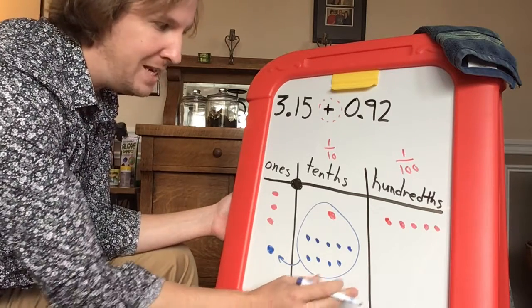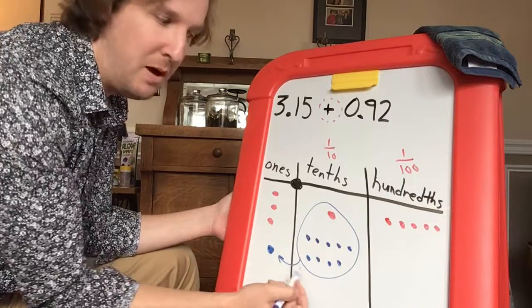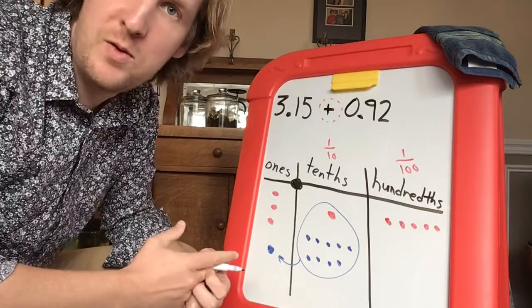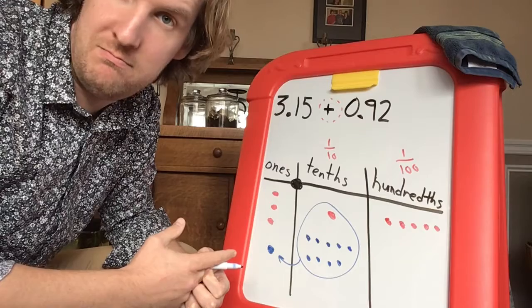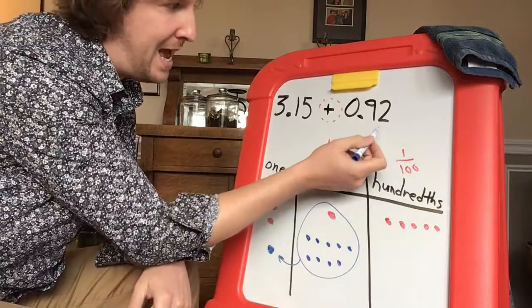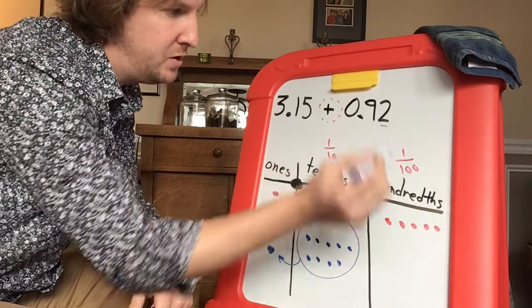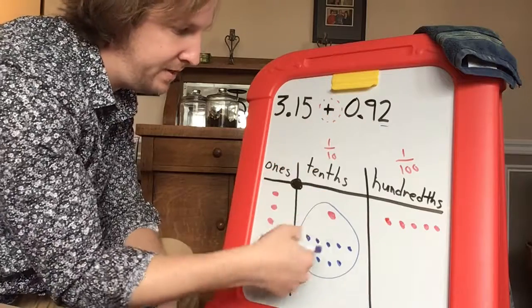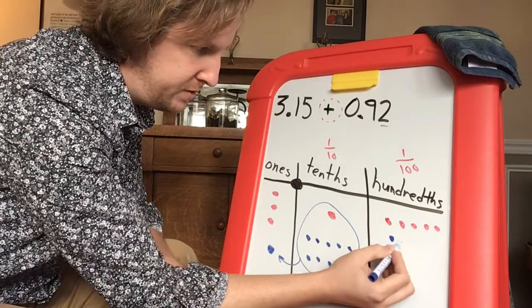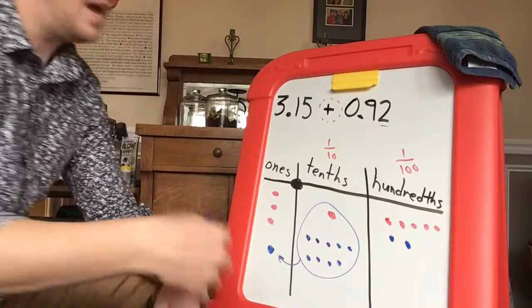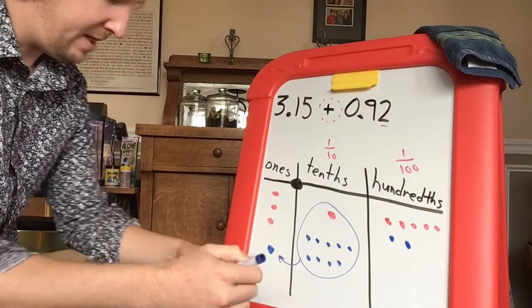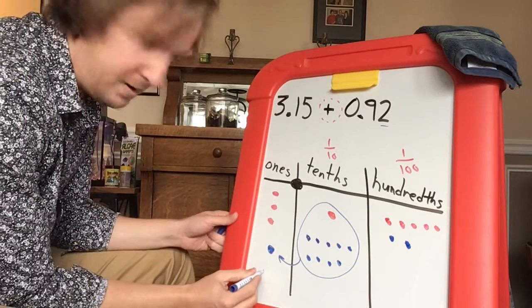And now, are there any tenths left over that we didn't bundle? No. There's none left. Okay. We're going to add how many hundredths? 2, because we've already gotten the 9 tenths. Add 2 hundredths. Now to put it all together, that's 4